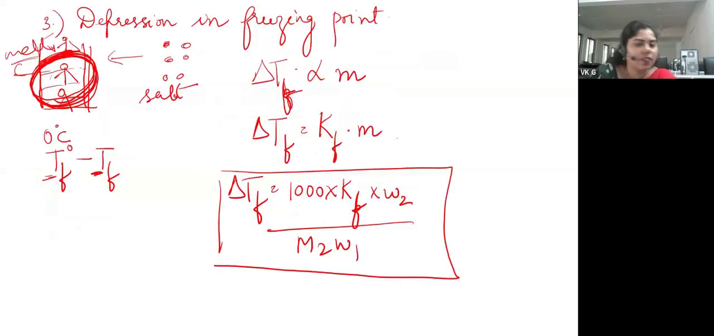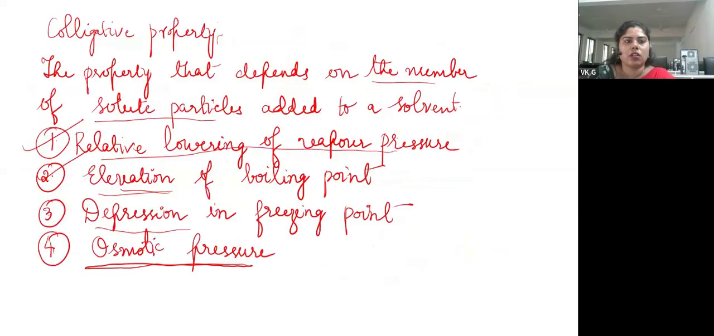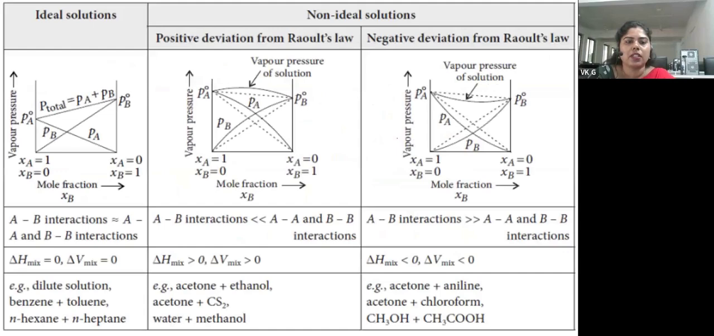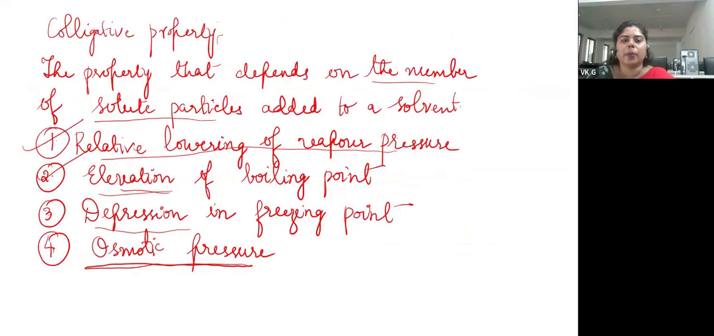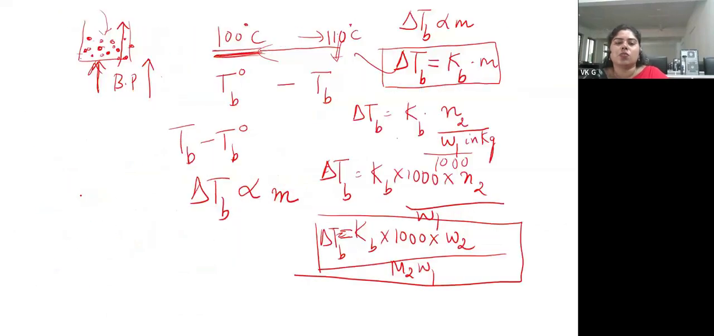So till now we have discussed the colligative properties, that is relative lowering of vapor pressure, elevation in boiling point is over, depression in freezing point is over. And the last one we have is osmotic pressure. Okay, let me just quickly discuss the formula. So osmotic pressure. Before understanding what is osmotic pressure, I want you all to understand the first word, that is